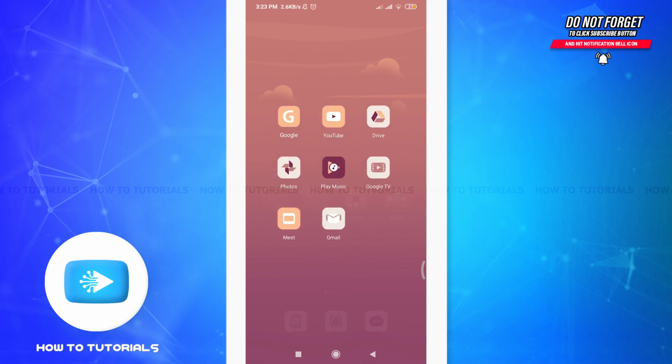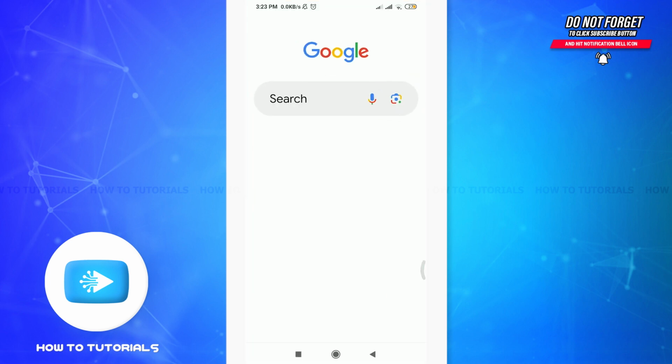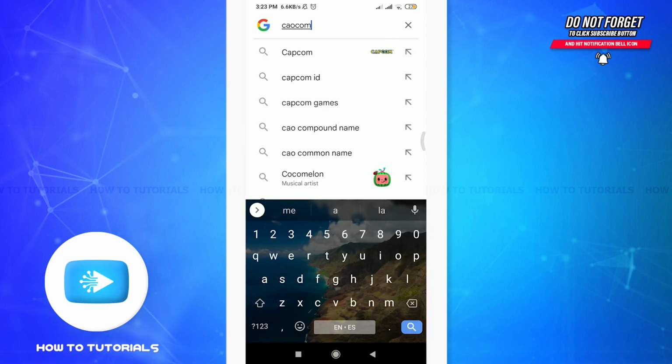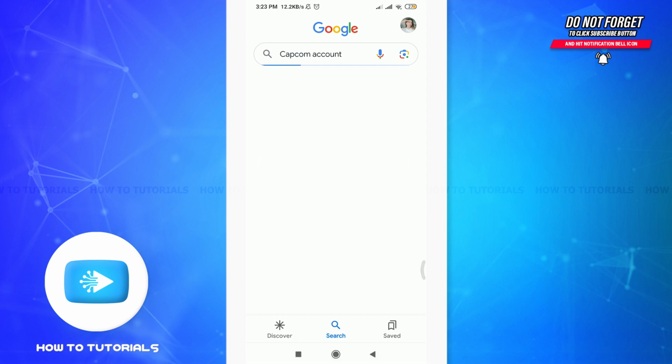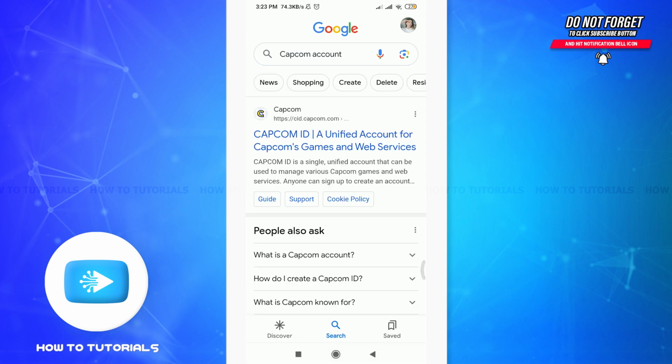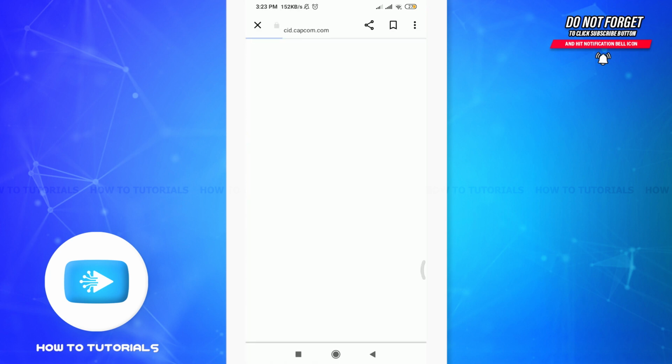For that, go to your Google search option or any web browser. Tap on the search option on the top and then enter here Capcom account, and then search for the menu here. On the top, you will see a link option that is a unified account for Capcom's games and web services. Tap on it, where you'll get on the top a link that is